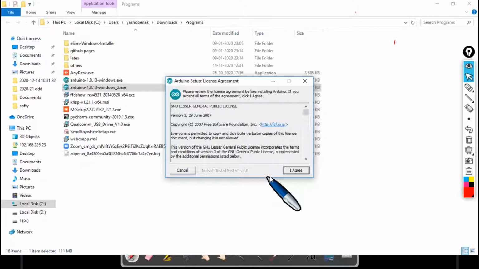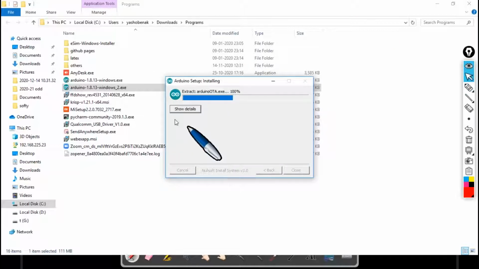You can see that this bundled software is getting extracted. Participants, please follow the same drill.